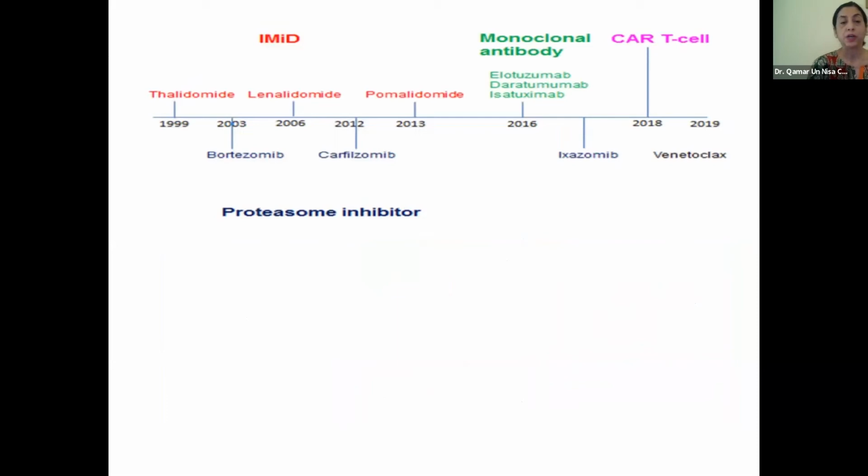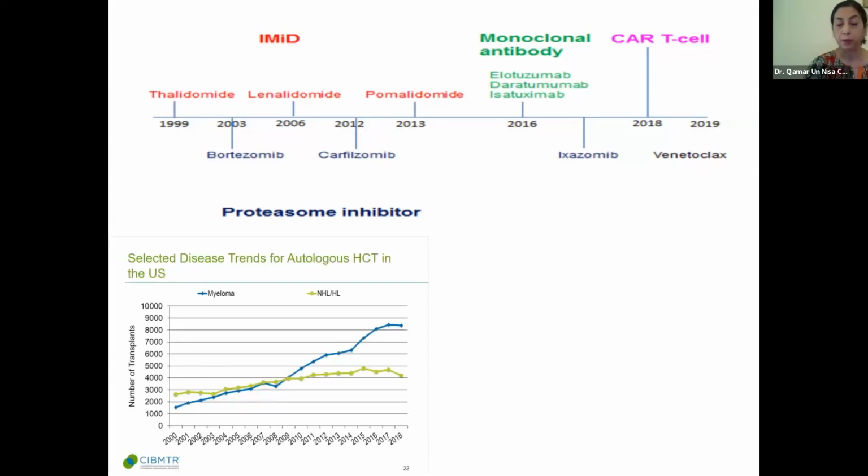So the newer drugs, which are the mainstay of treatment now, the immune modulatory drugs and the proteasome inhibitors, came in the earlier part of the last decade. Now we have the monoclonal antibodies, more recently the CAR T cells, and a host of newer antibodies, antibody conjugates, bispecific engagers, etc., that were presented at the ASCO as well, and many of which are in the process of approval. But what we do continue to see as well is that the central role of transplant